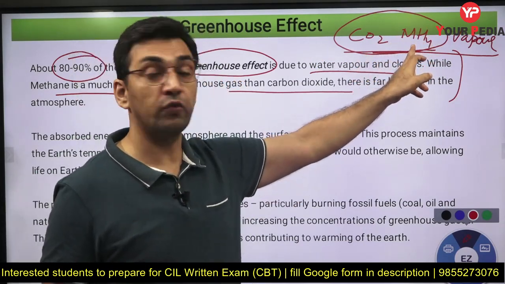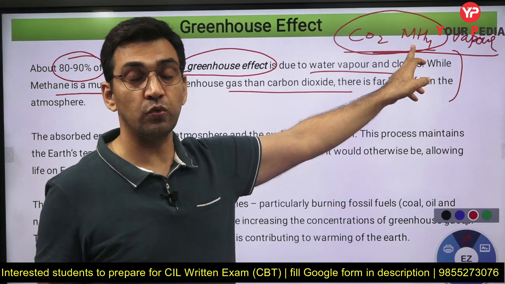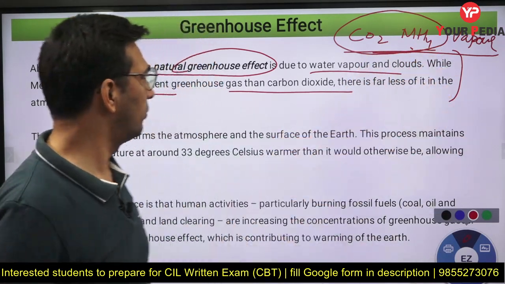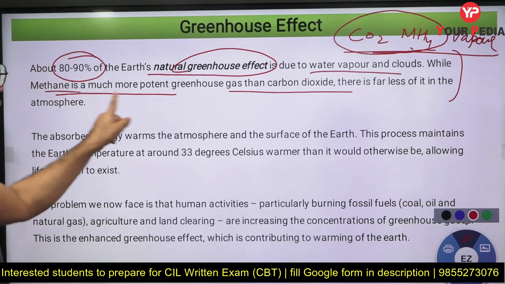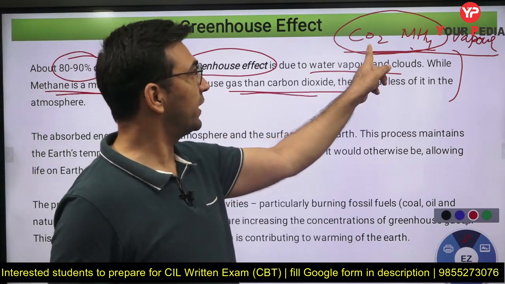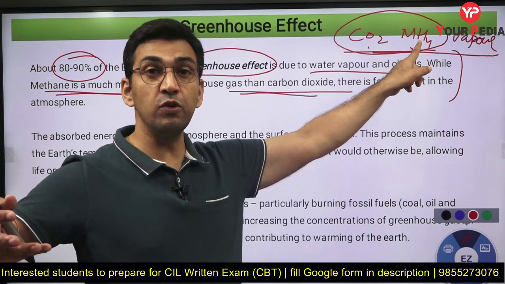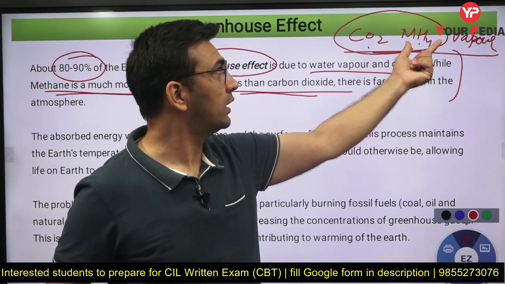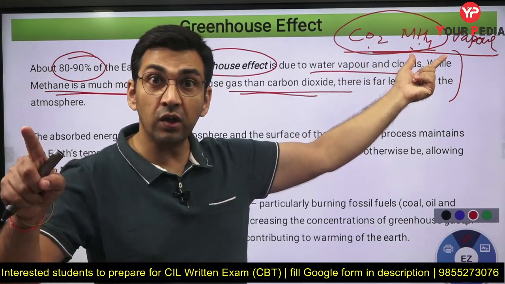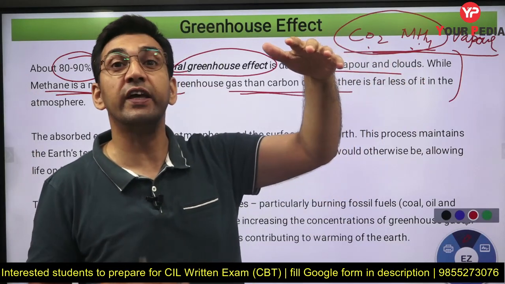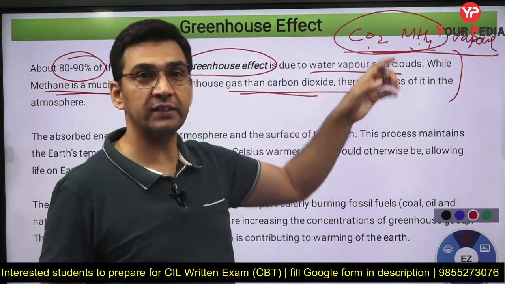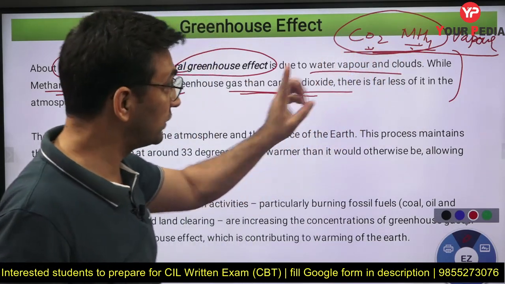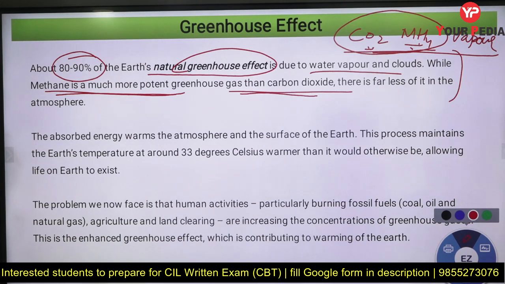Methane is also a very potent gas. That means greenhouse warming potential is huge, but the quantity is very small, so we don't normally talk about it that much. Methane is a much more potent greenhouse gas than carbon dioxide. Compared to carbon dioxide, methane will give you more greenhouse effect. What does that mean? If 1 ton of carbon dioxide and 1 ton of methane are present, then 1 ton of methane will block more of the infrared radiation than carbon dioxide. So overall warmth will be created more by methane than carbon dioxide. So you should know this relative comparison also.